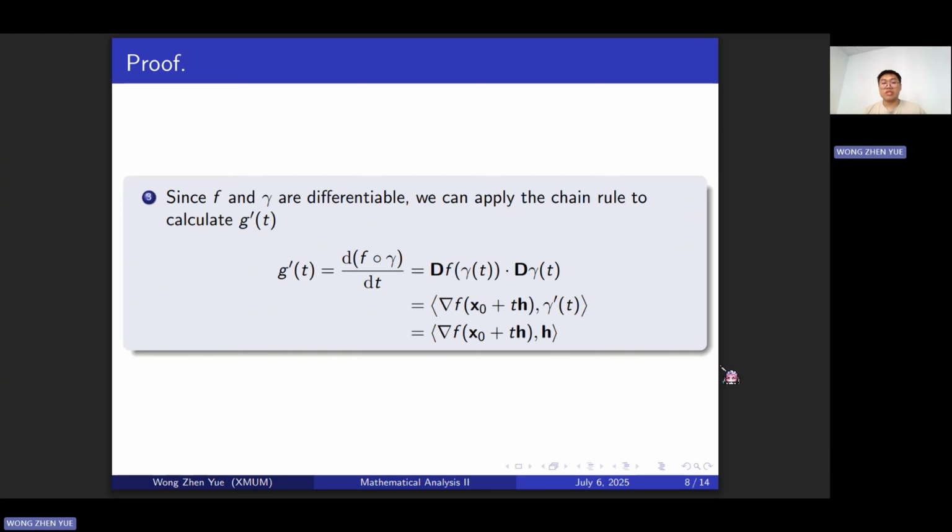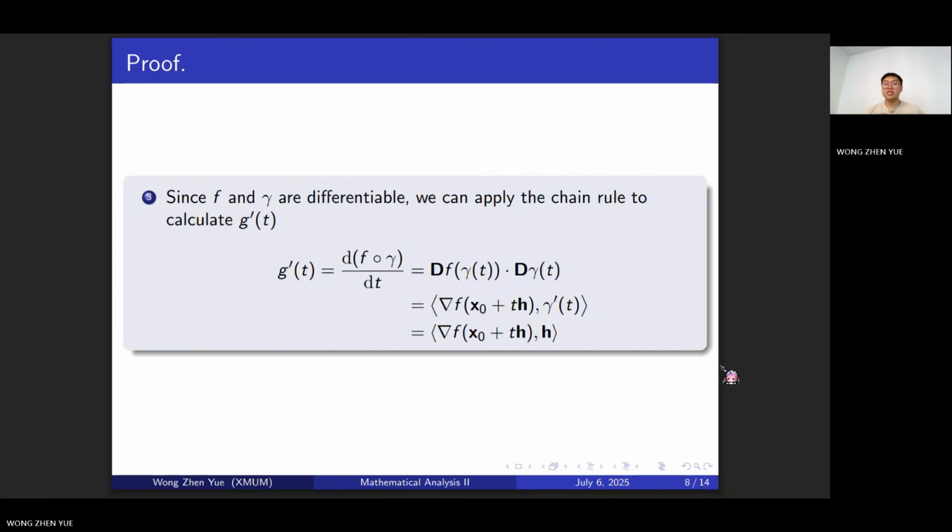Since f and gamma are differentiable, the composite function g is also differentiable. Now we can apply the chain rule to calculate g prime. So g prime is equal to the Jacobian of f at gamma(t) multiplied by the Jacobian of gamma(t). But now we just live in one dimension, so it's the same as the dot product of the gradient of f at s naught plus t h and gamma prime